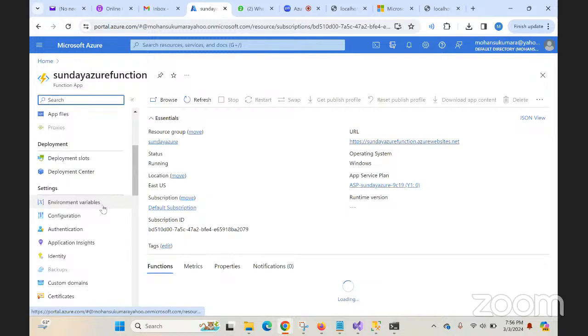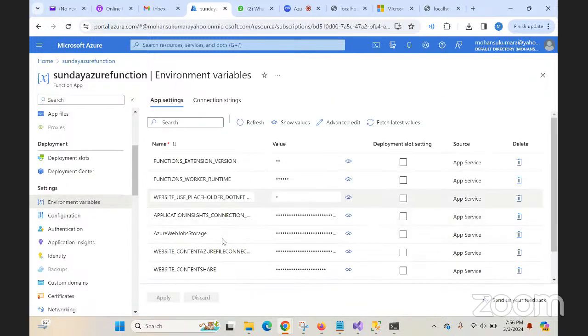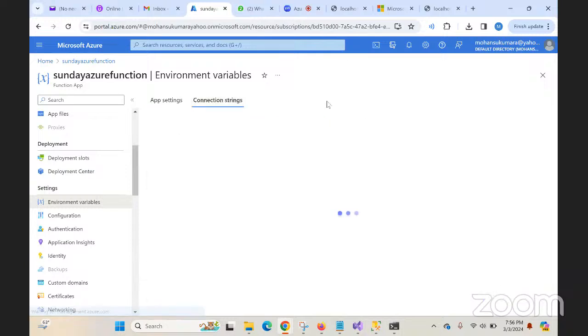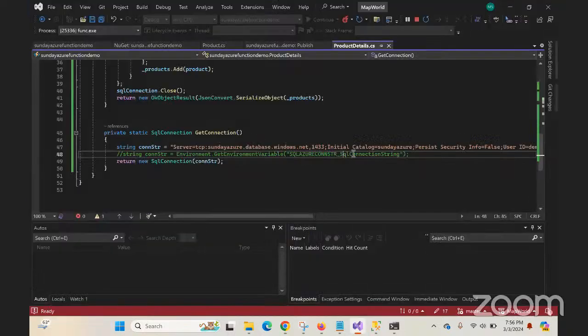there is something called environment variable. There are two things. One is app settings. If you want to set anything for apps, you can do that. If you want to do a connection string, yes, you can define the connection string. So I'm going to define a connection string as a